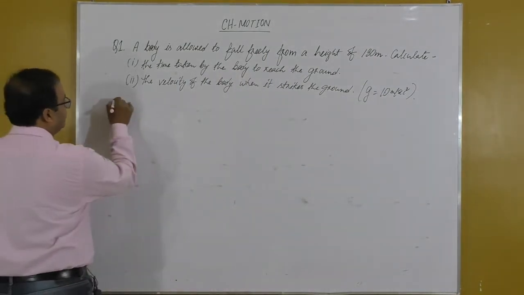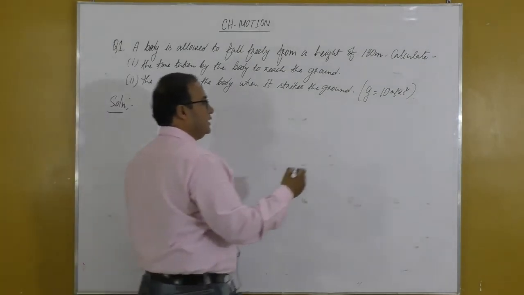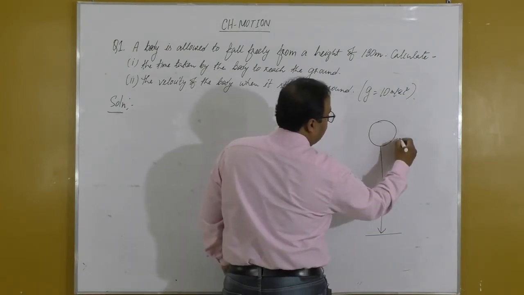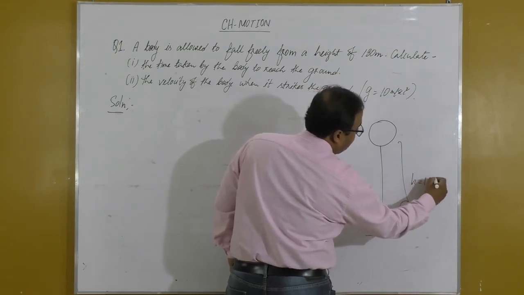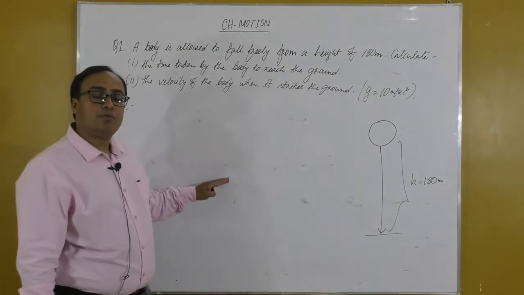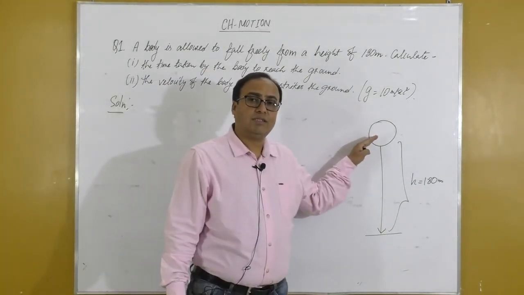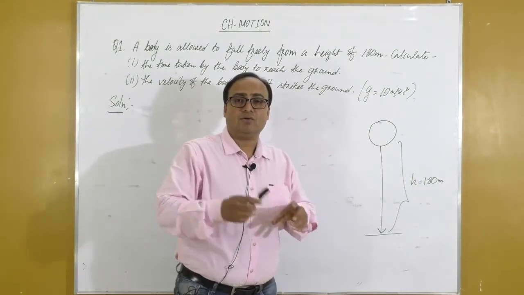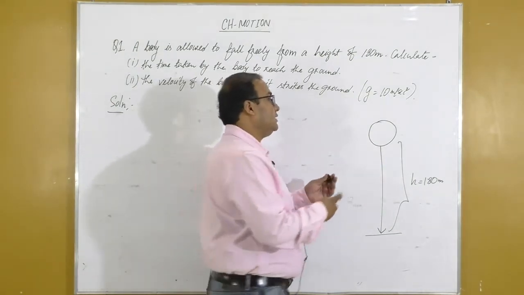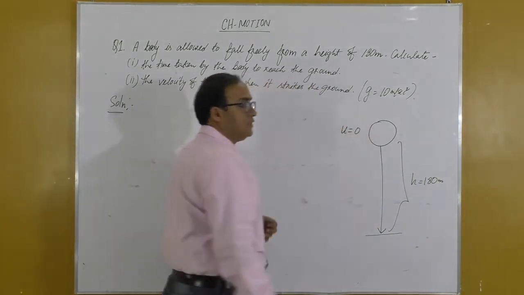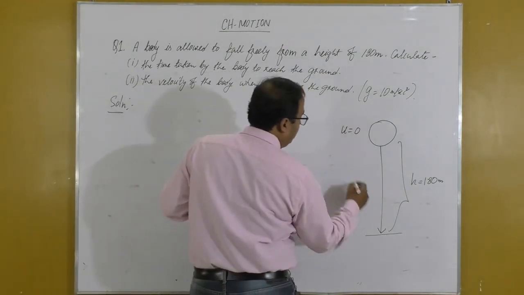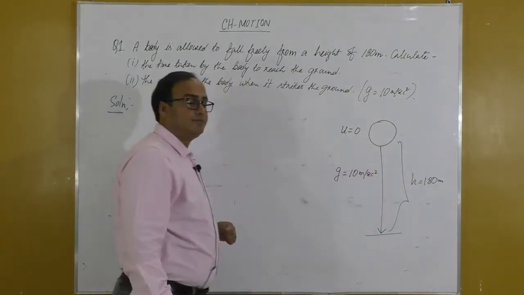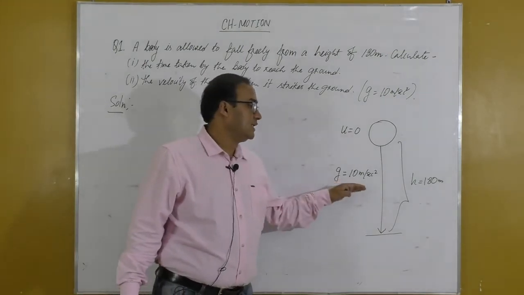सो हियर इफ यू लुक एट द सॉल्यूशन, सिचुएशन क्या है पहले वो डिस्कस कर लेते हैं। अ बॉडी इज अलाउड टू फॉल फ्रॉम अ हाइट ऑफ, टोटल हाइट गिवन है कितना 180 मीटर। और आप लोगों का ये कॉन्सेप्ट क्लियर रहना होगा कि जब एक बॉडी को ऊपर से नीचे गिराया जाता है, व्हेन इट इज अलाउड टू फॉल फ्रीली, थ्रो किया जाता है, वो सिचुएशन नहीं है यहाँ। द बॉडी इज अलाउड टू फॉल फ्रीली, फ्री फॉल में है। इन दैट केस u इज टेकन एज 0, इनिशियल वेलोसिटी 0 ही लेना है हम लोग को, और बॉडी फ्री फॉल में है, एक्सेलरेशन में है, तो g का वैल्यू पॉजिटिव लेंगे हम लोग, g इक्वल्स टू 10 मीटर पर सेकेंड स्क्वायर।